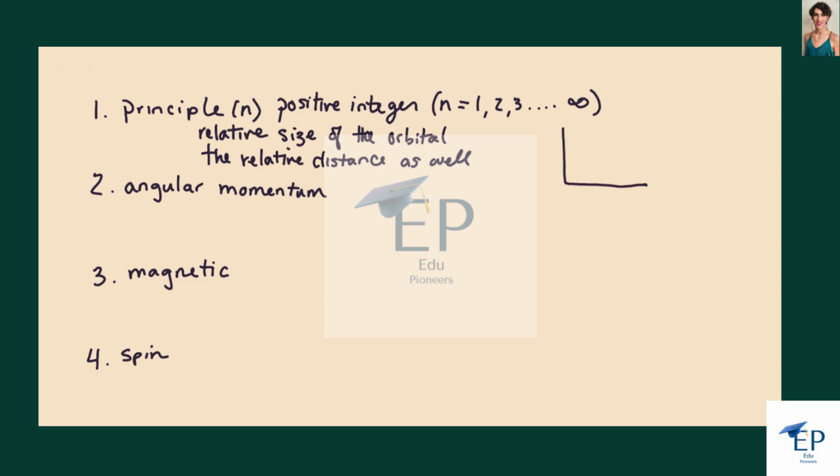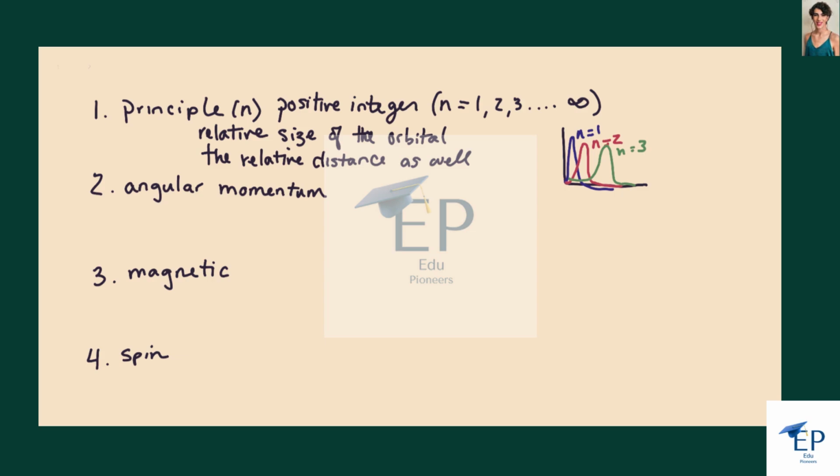So if we looked at this and we had n is equal to 1 right here, n is equal to 2 would be shifted slightly that way, and we could have n is equal to 3 slightly that way. That's something we know based on the principal